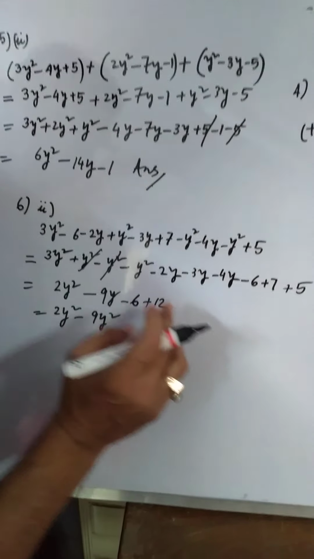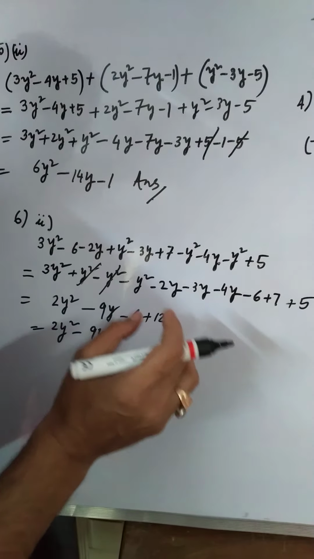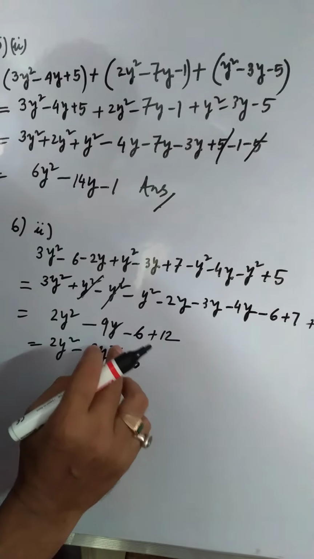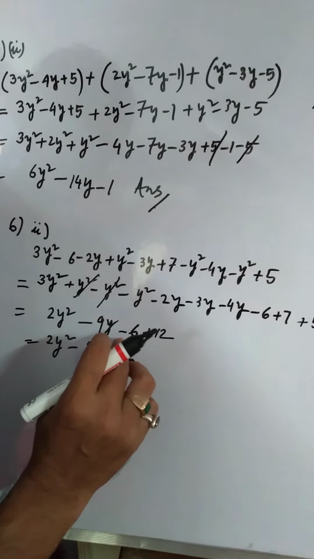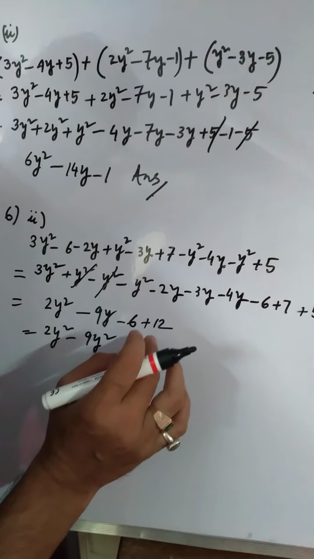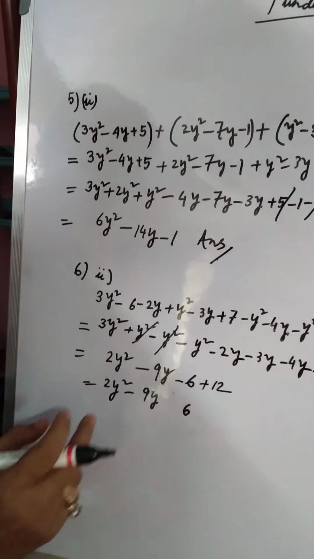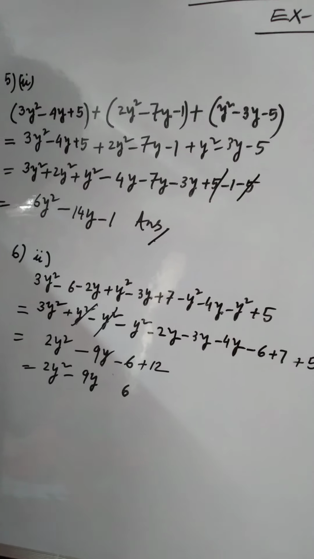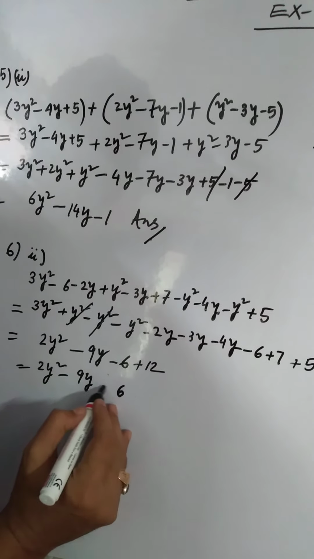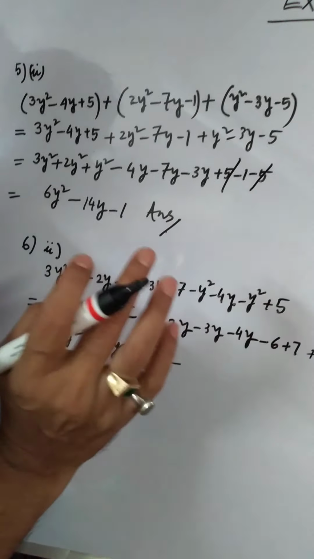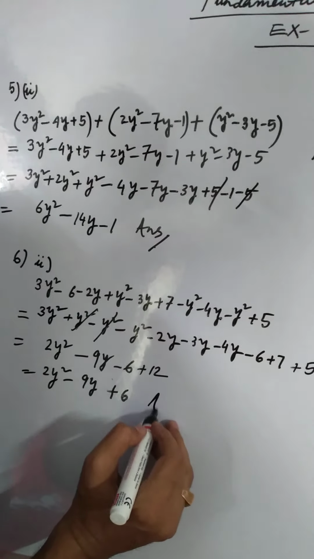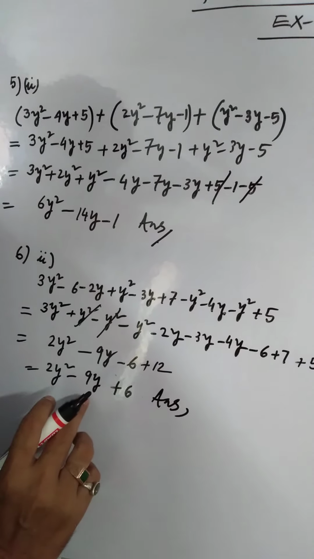Now minus 6 plus 12. So you have to subtract 6 from 12. 12 minus 6, the result is 6. The absolute value of plus 12 is more than the absolute value of minus 6. So 12 minus 6, the result is plus 6, because the absolute value of 12 is more than 6 and the sign of 12 is plus. So here is the answer of this question: 2y square minus 9y plus 6. So today